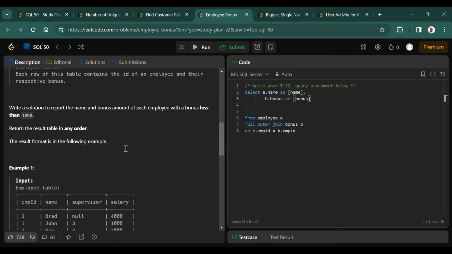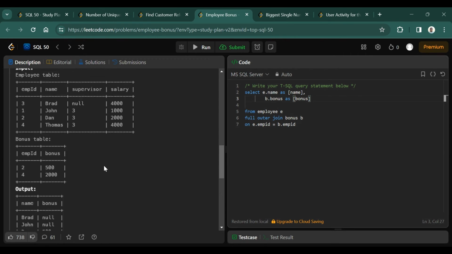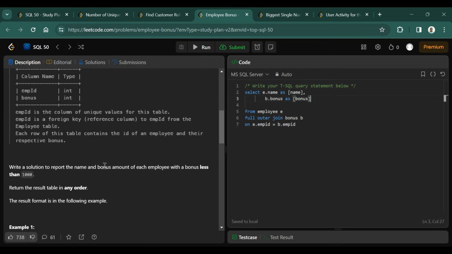Let us check the expected output also. Yeah, so in our output we want name and bonus as two separate columns. Now this is taken from the table which we have created using the full outer join. Now we have to specify the where condition, or the filtering condition, using the where clause. Using the where clause we have to specify the bonus amount of each employee